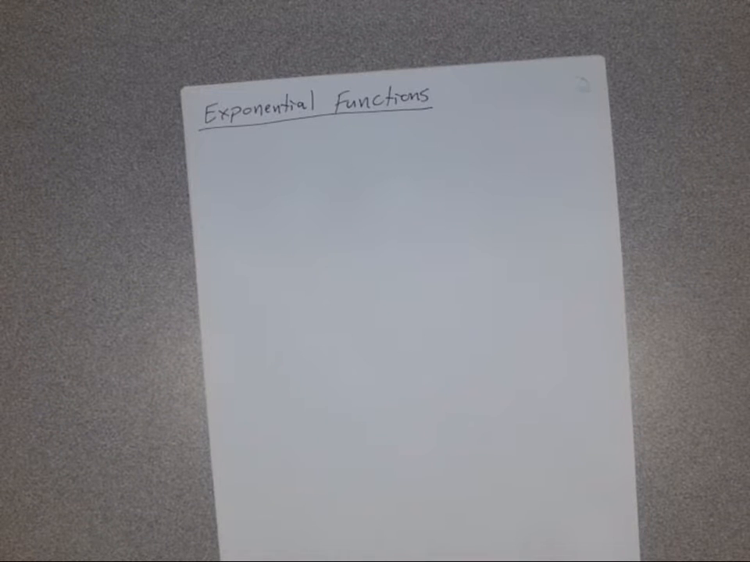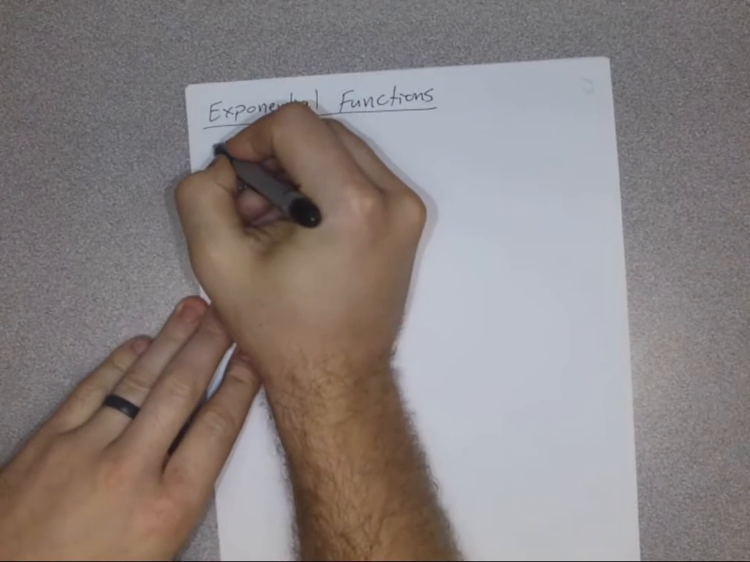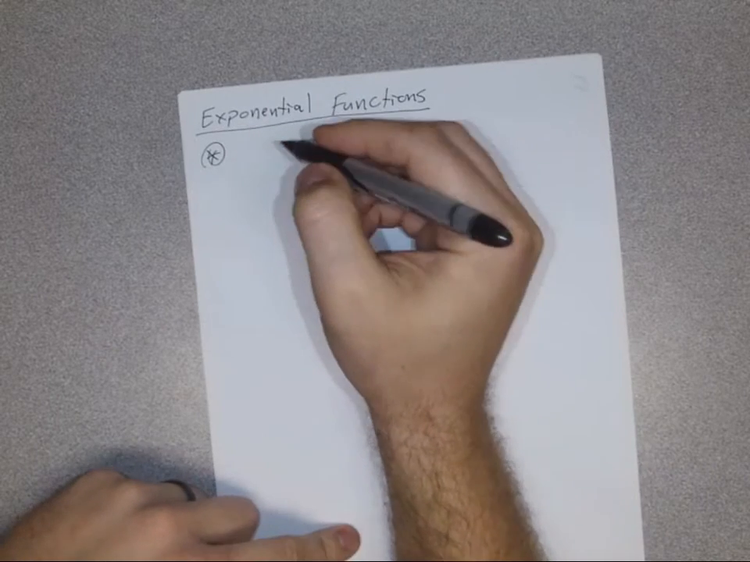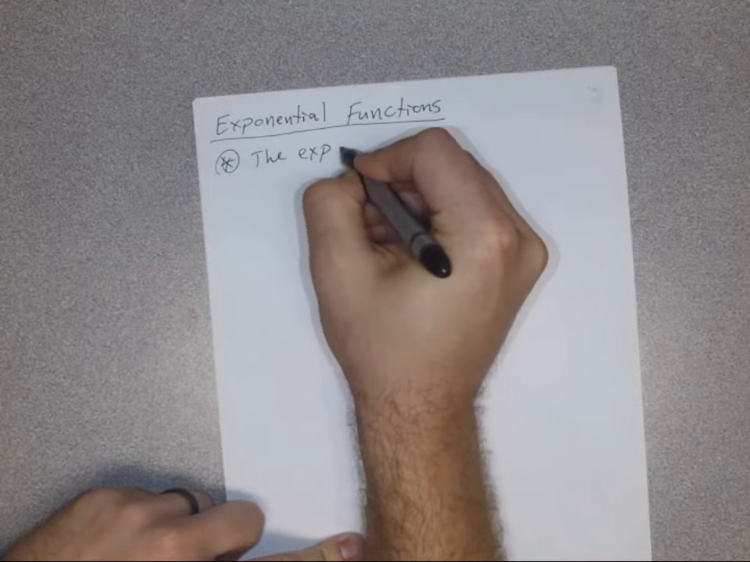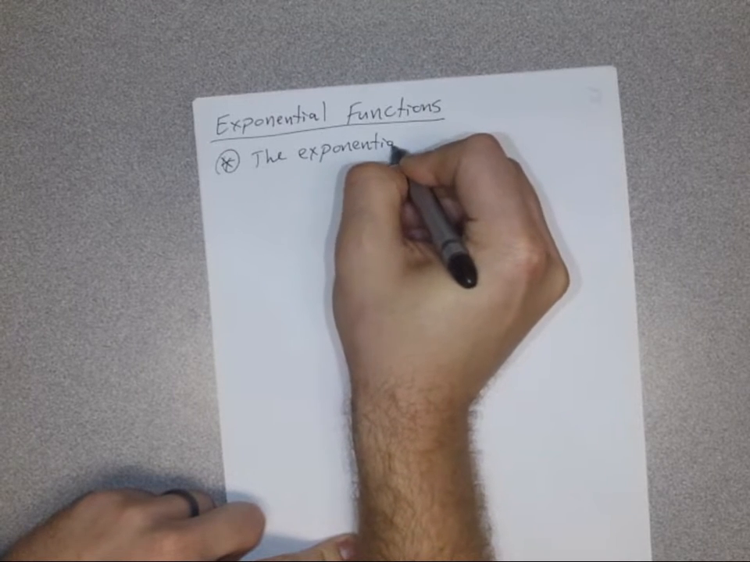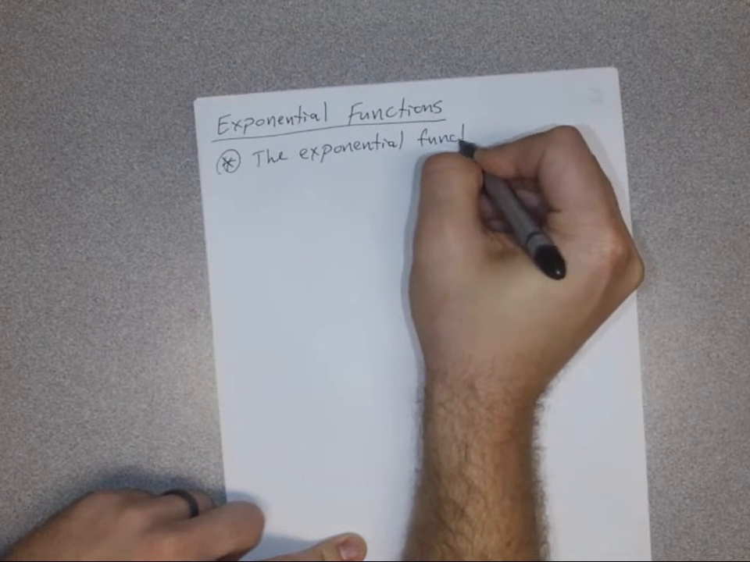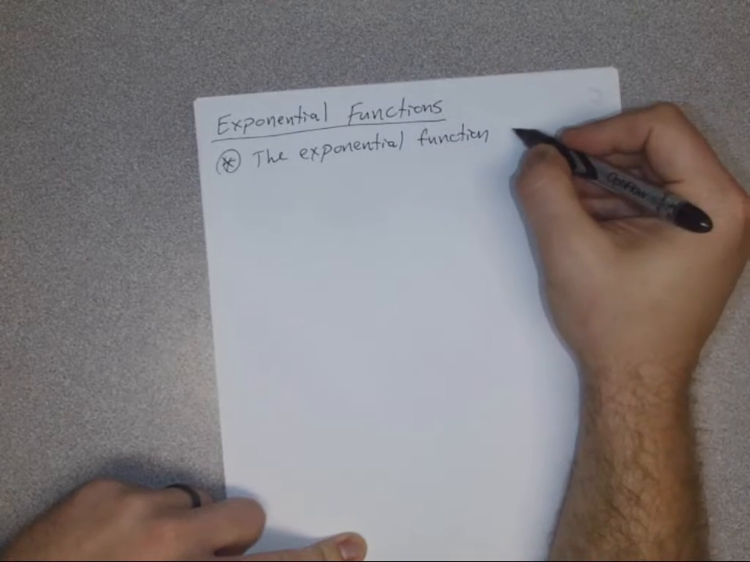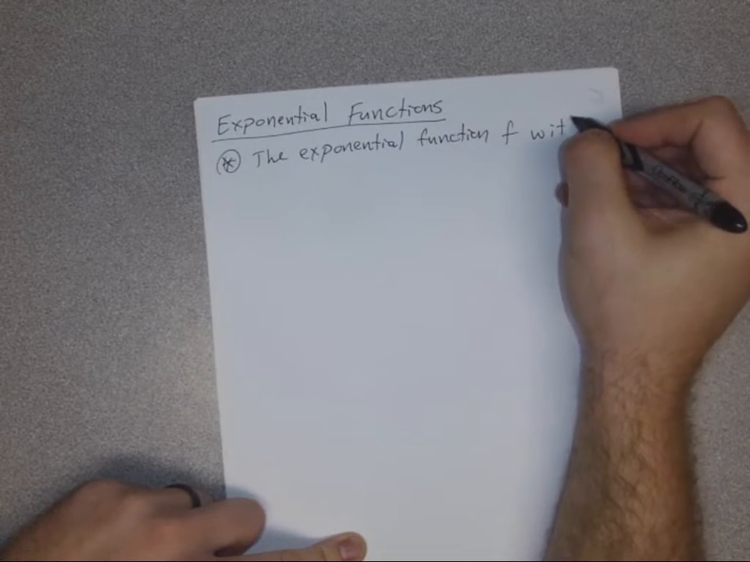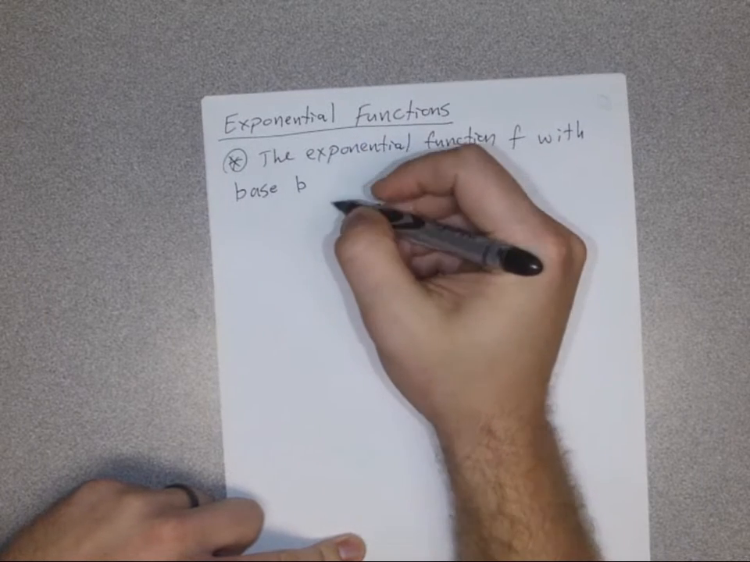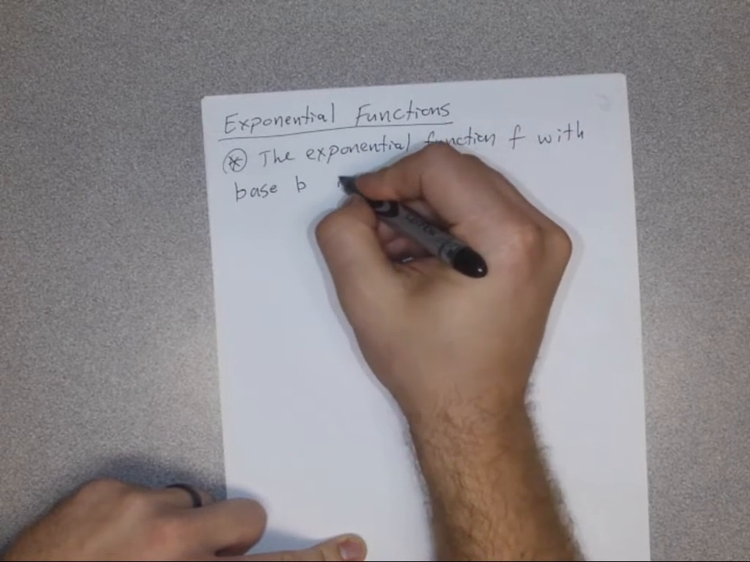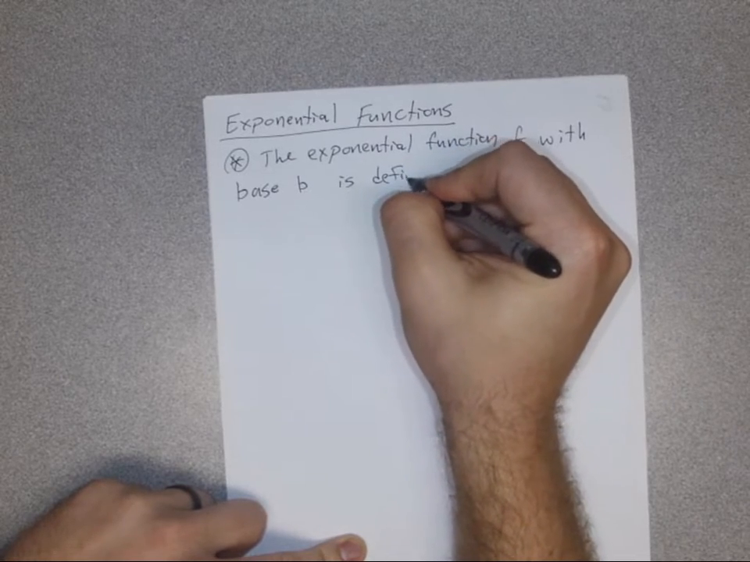All right, we're looking at exponential functions, and the first thing to do is to define what an exponential function is. So let's do that now. So we can say the exponential function f with base b is defined by,